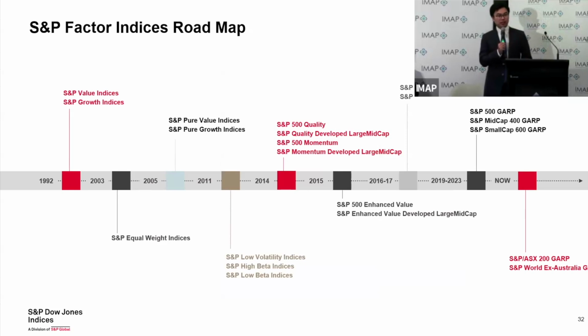And at S&P Dow Jones Indices, we have been, frankly, doing factor indices for more than 30 years, back in 1992 with the first batch of factors, or what we call style factors, value and growth. And then we developed the single factors and then the multi-factors. Recently, we have been spending a lot of resources on the GARP factor, growth at a reasonable price, and I'll talk about that a little bit more, because it's just a very nice way of blending a couple of factors together.